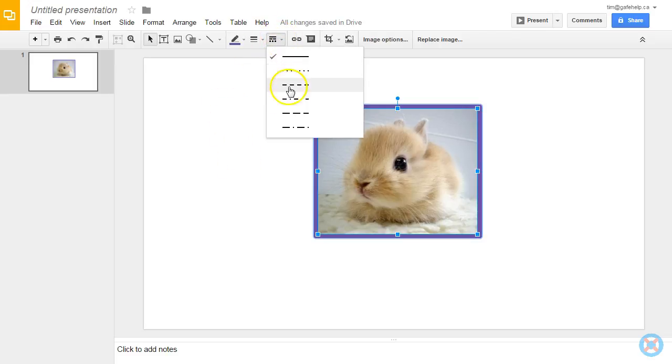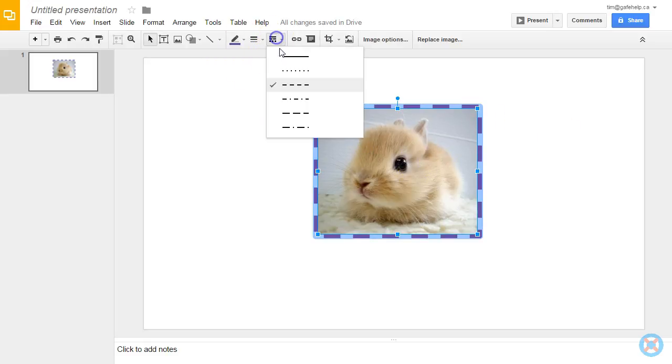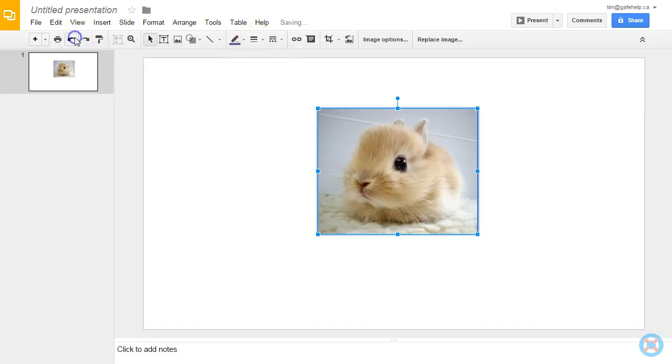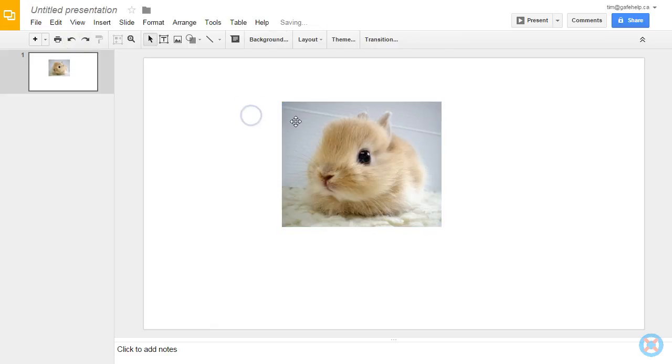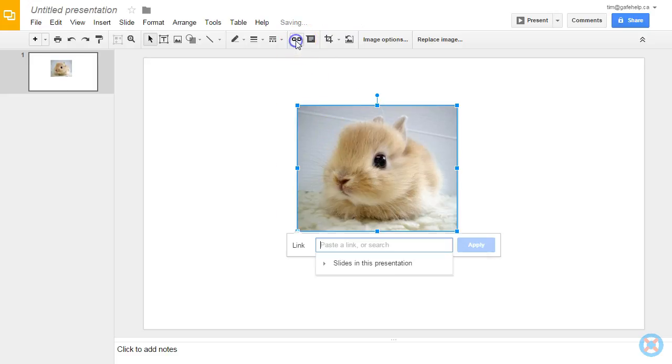And you can go over here and then change the nature of the border. A lot of those things I find are pretty ugly under this button. I'm just going to get rid of those for now. One more. Okay, then moving along the side here, I can make this image a link, which is a pretty